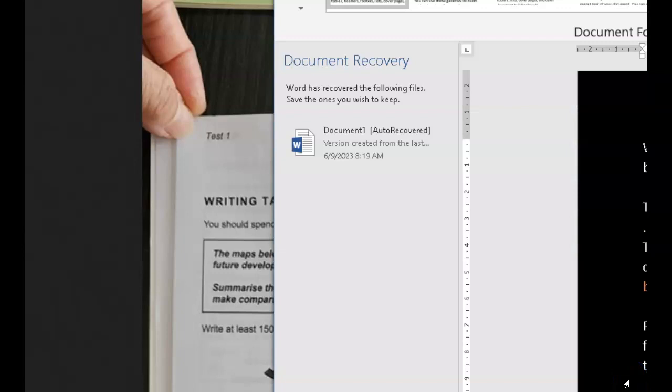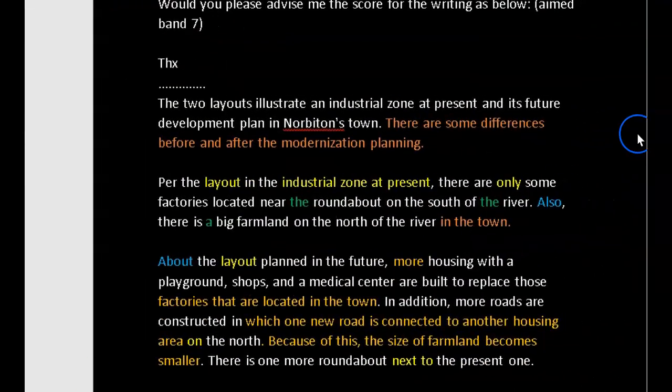Oh, no, because you said it here. Industrial zone at present, up top. Industrial zone at present, here. There are only... that's a judgmental, oops, sorry. There we are, repetition. Don't use "only." It's an opinion. Okay, now here's, grammar-wise, you do pretty well throughout, but one easily fixable grammar error I see here in several places